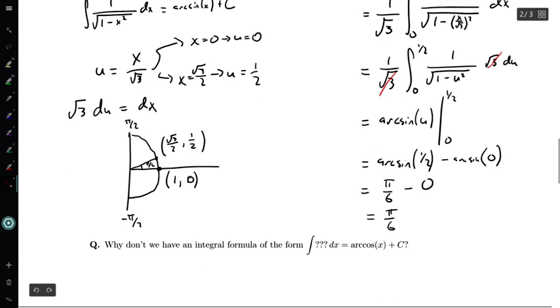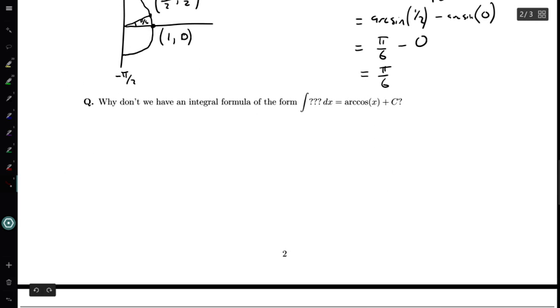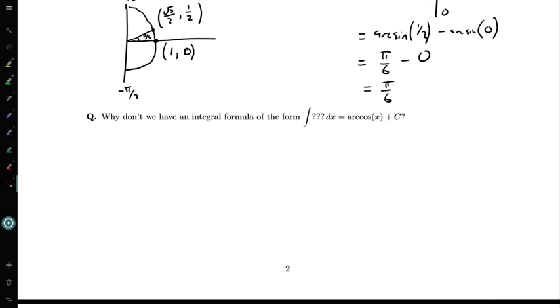We also maybe want to think about, maybe you've had this question, why don't we have an integral formula of the form integral of something equals arc cosine? We have one for arc tangent, we have one for arc secant, and we have one for arc sine, but we don't have one for arc cosine. Sort of the question is, why not? And the answer is that we could,